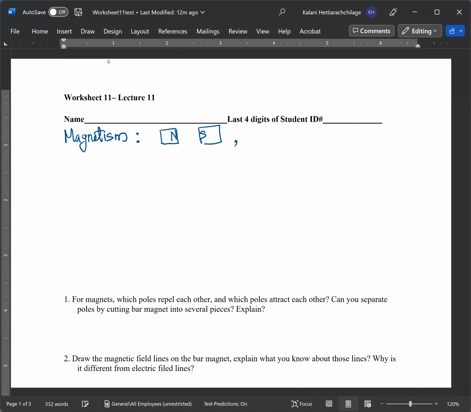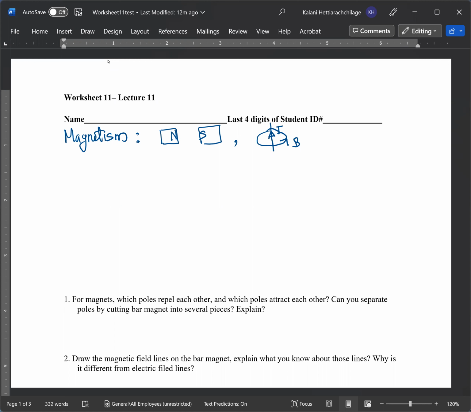In addition to that, a magnetic field can be created by using a current carrying wire. This current carrying wire will create a magnetic field around the wire. That is the other way that you can create a magnetic field, right? Before this, we also discussed the magnetic force, because magnetic force can be created by basically two different methods: when we have a current carrying wire or when you have charged particles